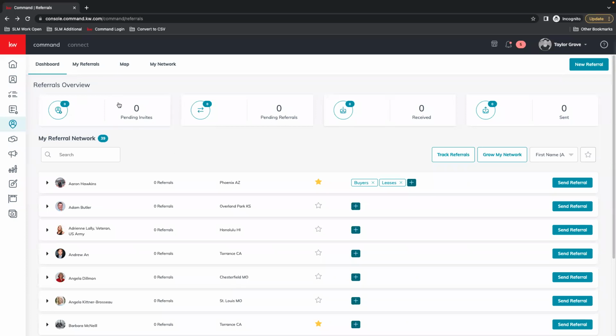So rather than an invite to join their referral network, if you actually have referrals being sent to you or you're sending them out. And then you'll also have an overview here of referrals that are sent and received that have been accepted rather than pending.